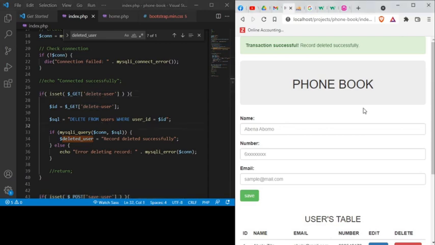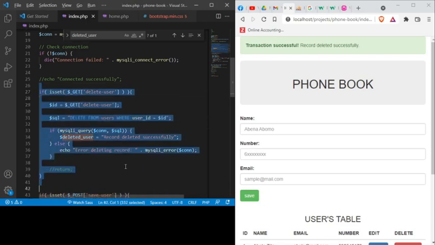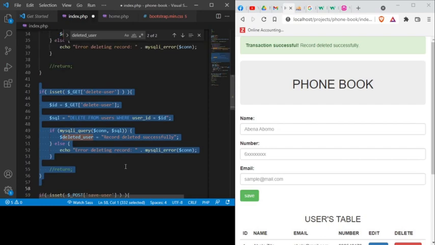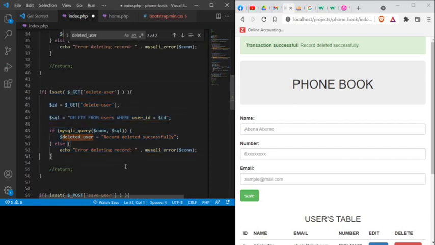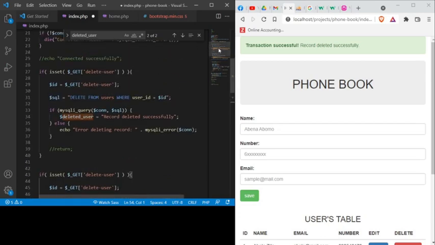So one left: update, right? I said it was the most complicated. Now let's see how we can go about it. To do update, we'll have to do two things. First, we go and pick up whoever we're updating and bring them. When we bring it, we create the form again and put back the value so that it can update. Then we submit again, and it goes back into the database, right? So the first time is we'll say